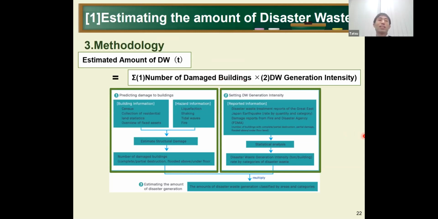Yes, me too, Mahi-san. I can't understand at all. It would be easier to estimate the amount of disaster waste. Yeah, actually,